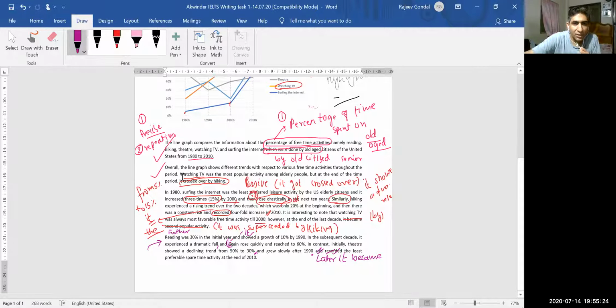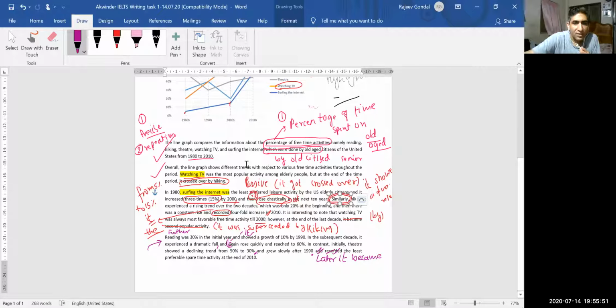Like watching TV, which is the main thing, you have written it at the beginning, which is good. So it shows that you thought about it. Watching TV came first, and then surfing the internet, which was the last one, came later. So you have used these kinds of transitions, and I can see the positioning of objects properly. You have used some good structures to compare the content also, which is again good.